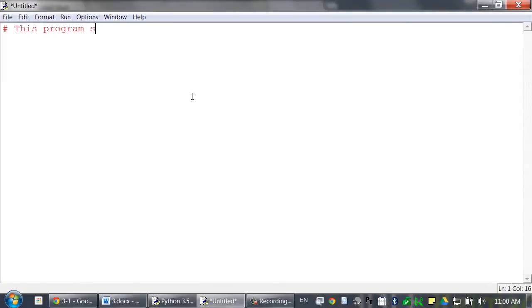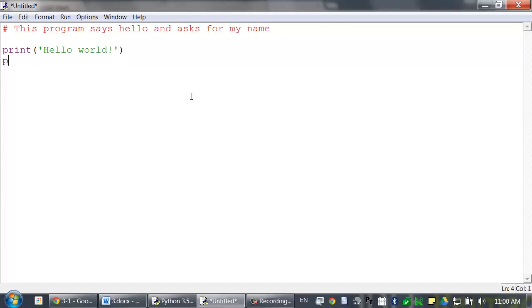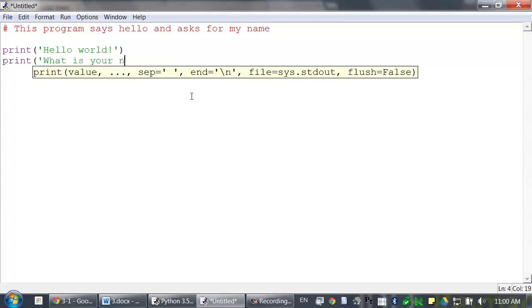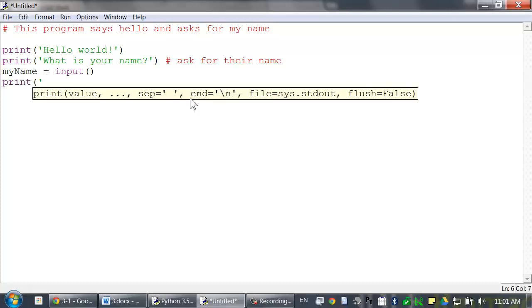Pound: This program says hello and asks for my name. Have a blank line, followed by print hello world, print what is your name, pound, ask for their name, myName equals input, print is good to meet you, plus myName,